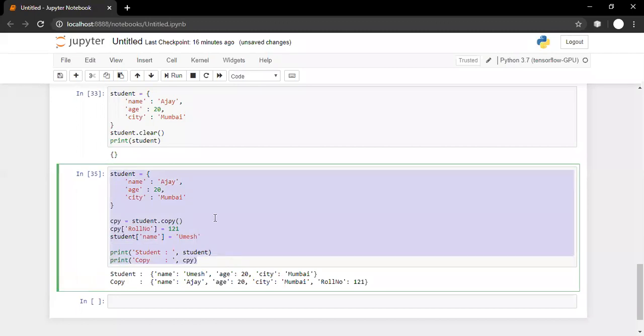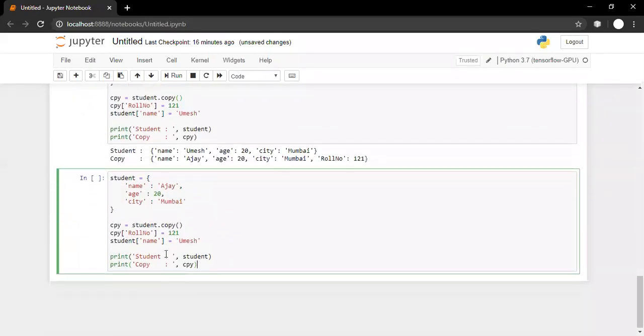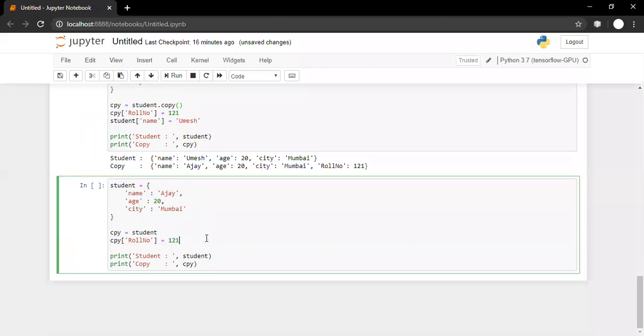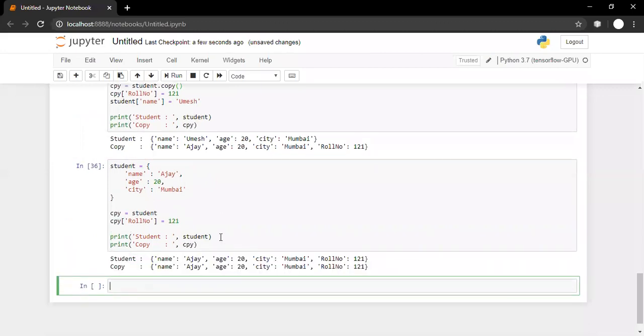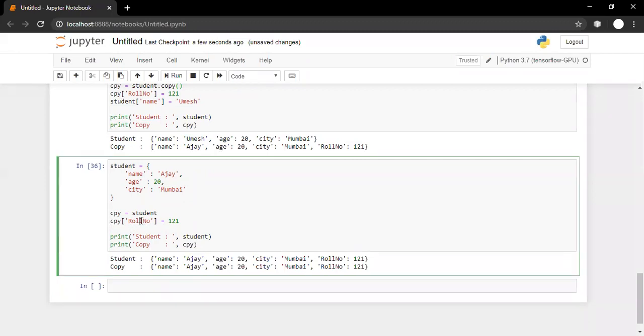And there is another way, and that is using the equal to operator. So we are writing cpy = student. Now the value of student is copied in the cpy dictionary. After that we have added a field roll number in the copy object and run. Now if you observe, we have added the roll number field only in the cpy object, but this roll number field is also added in the student object.